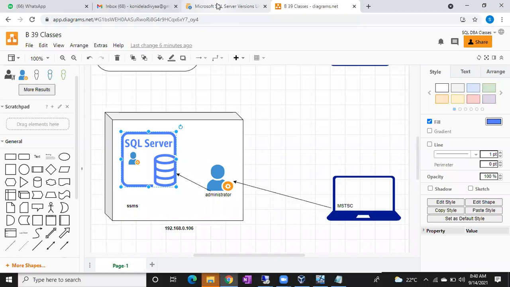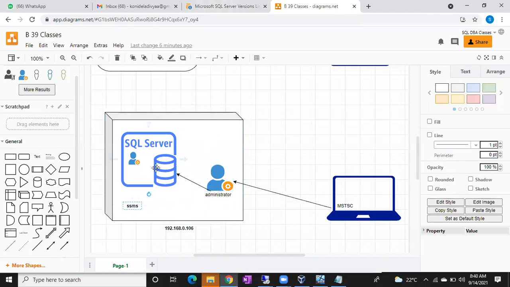The main thing is the account should be there in the SQL Server. Then only he can connect to the SQL Server. If it is Windows authentication, he can directly log into the Windows machine, then open SSMS, select Windows authentication, and connect to the SQL Server. If it is mixed mode or SQL authentication, he can open SSMS, choose SQL authentication, and give his own name, whatever name the account was created with, and his password. If that account exists and you give the proper password, then it will allow you to connect to the SQL Server.